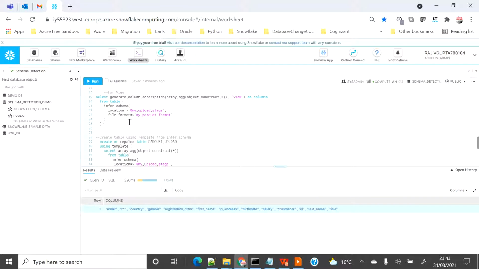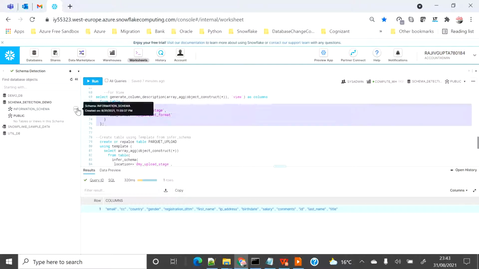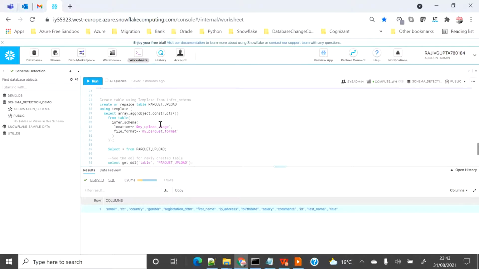And the another thing which you can take care out of this is like sometimes you are not sure whether you want to keep all the column, then you can generate the column out of this statement, and then you can modify the column whether you want to remove any from there. So that can also be possible using this. But if you want to automate from end to end, like you don't want to do any manual stuff, and you are aware that whatever the structure is the final structure, and you want to read the flat file using the same, means like if you want to create the table on the same structure of the flat file, and you just want to automate this stuff.